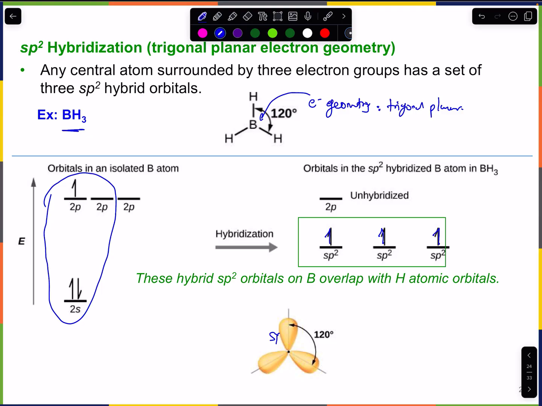And then here, having the sp2 orbitals, the boron atom will be making the overlapping with the corresponding 1s orbital on the hydrogen atom. This is the hydrogen atom and the 1s orbital. Each one of these overlapping regions, again, will be having 2 electrons. Right? So the boron-hydrogen bond corresponds to be sp2-1s overlapping,